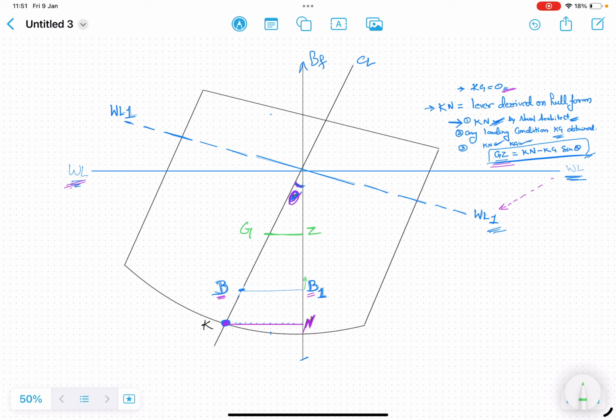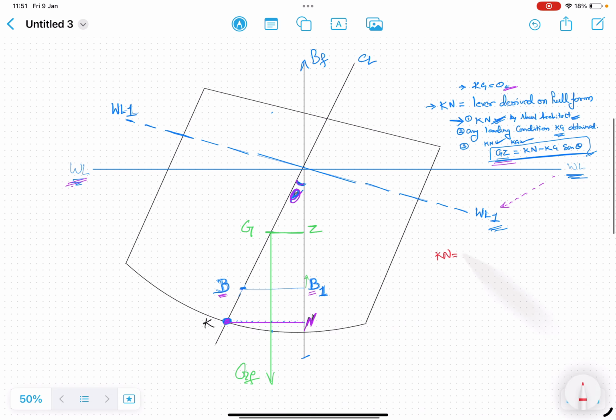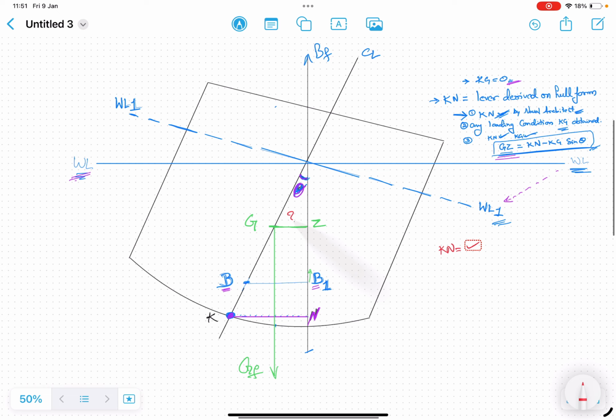We know that G is the force of gravity, which will be acting downwards, right? Gravity force acting downwards. We already know KN. We need to find out GZ. Whatever the GZ is, it is also equal to this line. Let's name this point X. So we know that